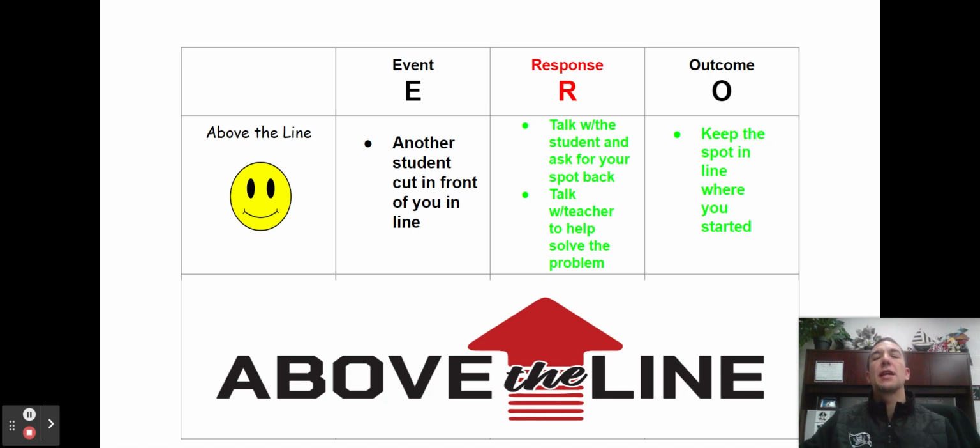Remember this, you will always be responsible to respond to events you didn't even create. And below the line responses to difficult events are not going to change those events, and they're not going to give you control over them. So always keep that in mind after you press pause, and then choose to live the pirate way and be the best version of you to earn those above the line outcomes.